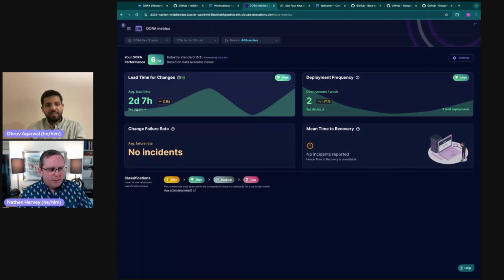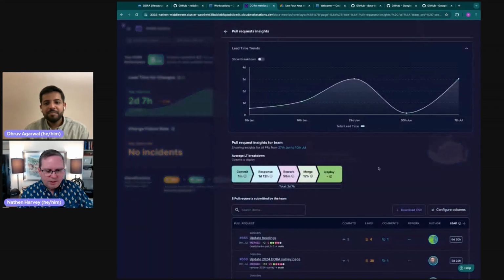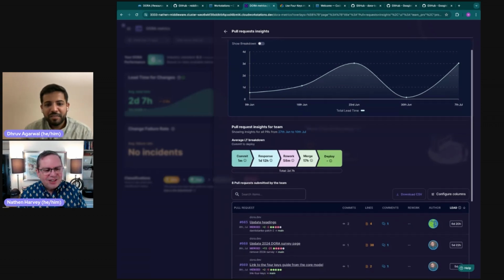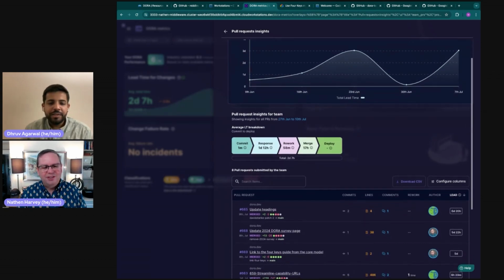Now, maybe I'll look at these details and you can walk me through this really quickly. And then I would like to try, that was easy for Dora.dev. I'd like to look at a couple of other repositories too and just make sure I've understood how to get this set up. But let's take a look here. Oh, of course. First. Yeah. Of course. So what we have done here is that,